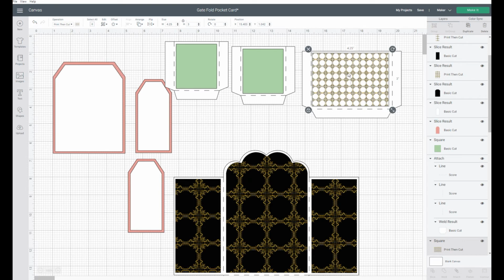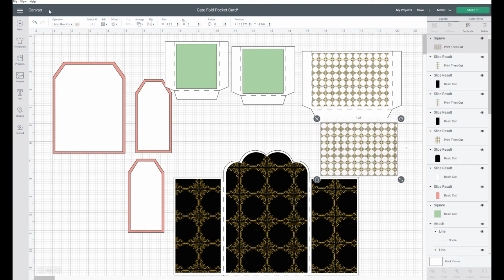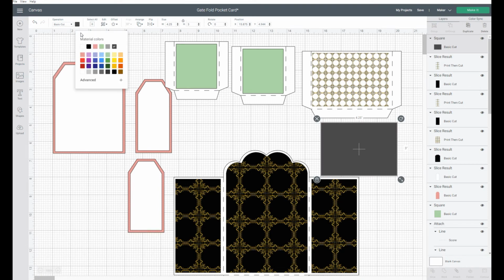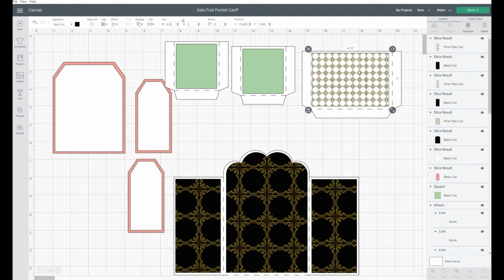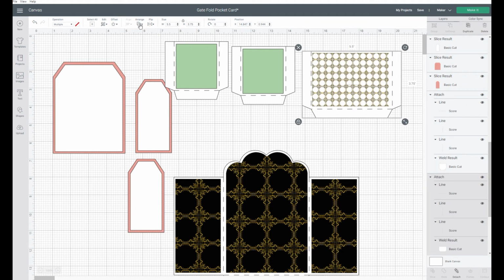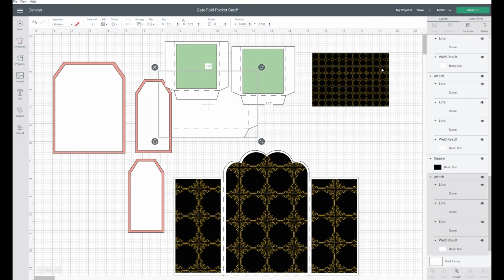So if I wanted to use this, I would duplicate it. And then I'm going to bring it down here. I'm going to change this back to a basic cut. And I'm going to turn it into the black. And then I'm going to arrange. I'll move backwards. Oh, let's make this easy. I don't know how many layers I need to do. There we go. So now I have it, but I'm gonna